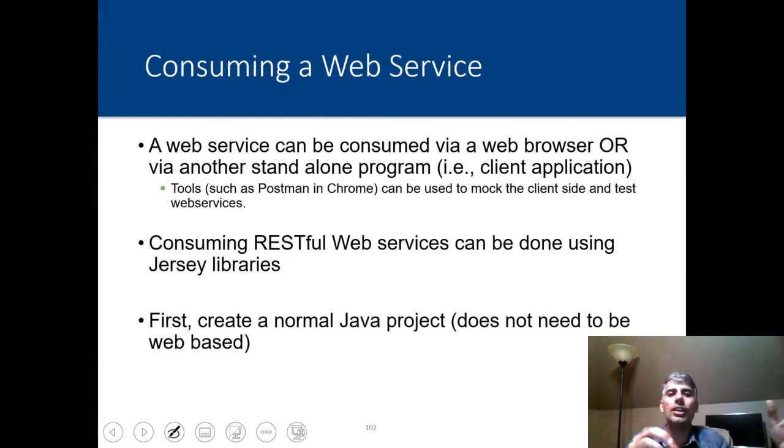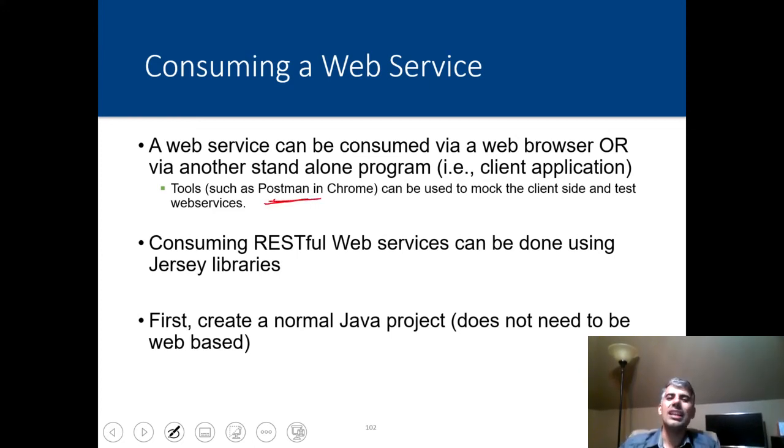The server side, or the part where the API is being exposed, is where the logic is, and it's more important. So most of the time, we want just a tool to test if the web service works fine. In these circumstances, we can use some ready-made tools. For example, there is a tool called Postman